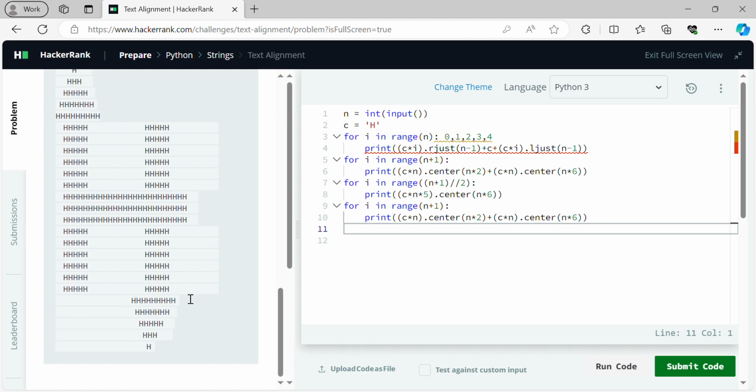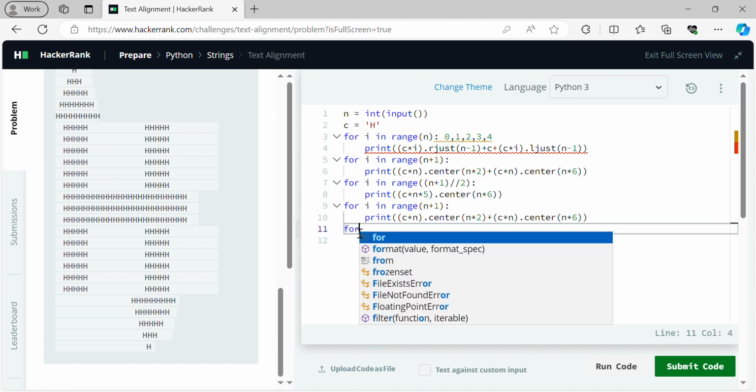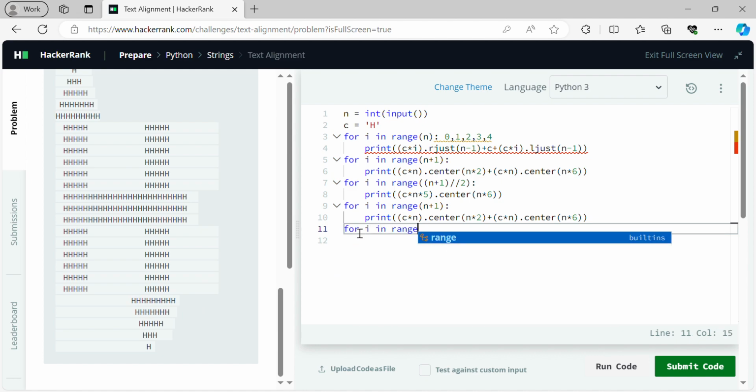In this pattern, 4 h's are printed on the right side, and 4 h's are printed on the left side, and 1 h remains the same as we are seeing in the first pattern. And it is also the same in the third, every line. In this line the center is the 1 h, and left side 2, right side 2 h's, like this. So in total there are 5 lines. For that I am writing the code: for I in range of n